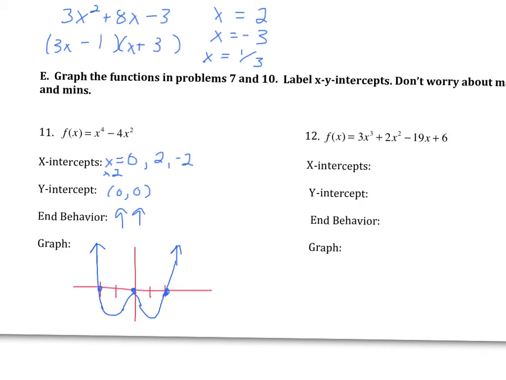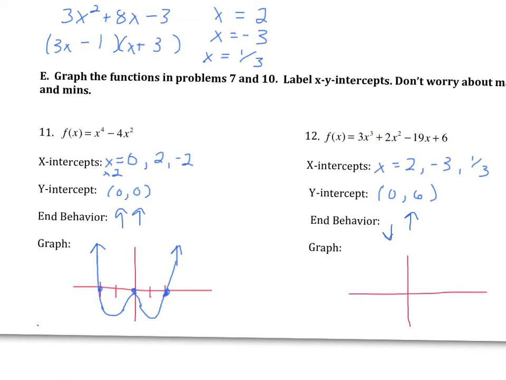For number 12, we already found our x-intercepts, and those were 2, -3, and 1/3. So we don't have any multiplicities there. To find the y-intercept, we just plug in 0, so our y-intercept will be 6. Since we have an odd degree with a positive leading coefficient, our end behavior will start down but end up. So then when we graph it,